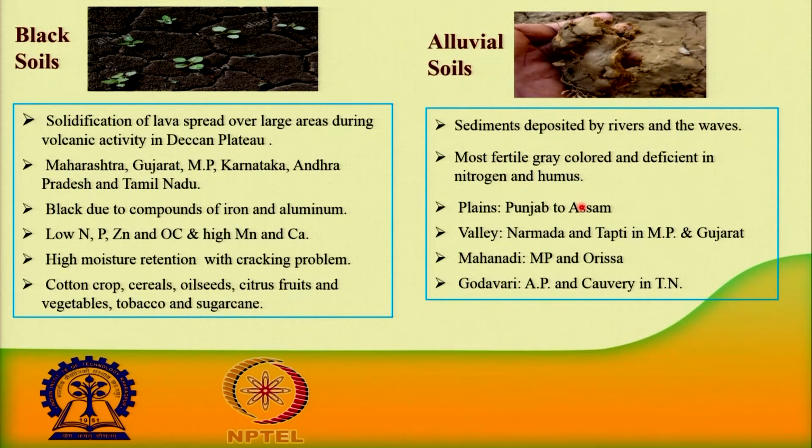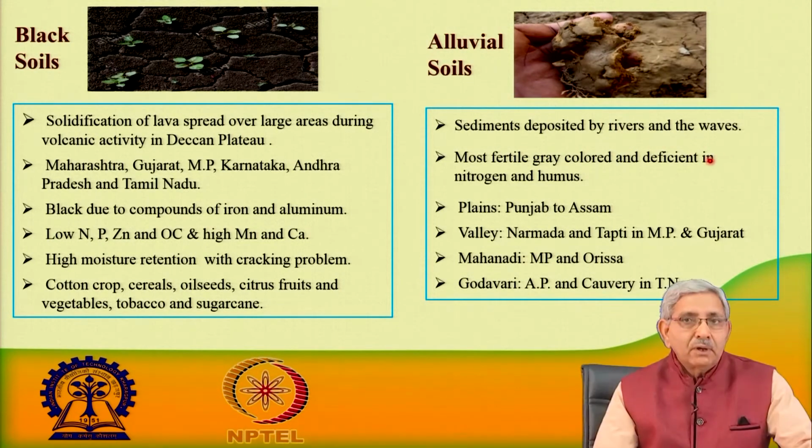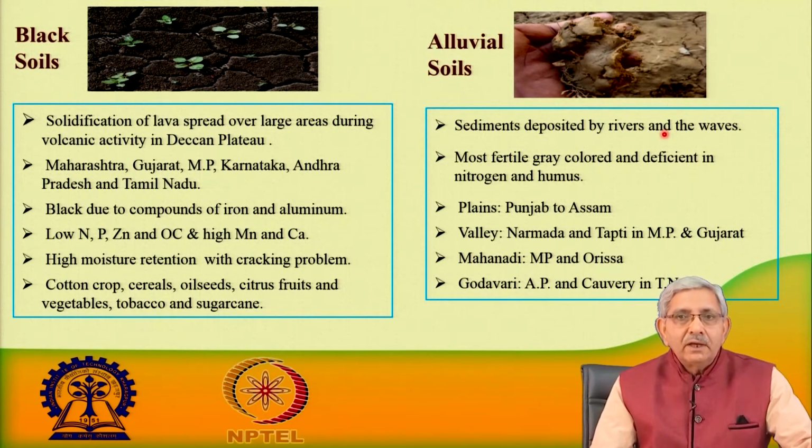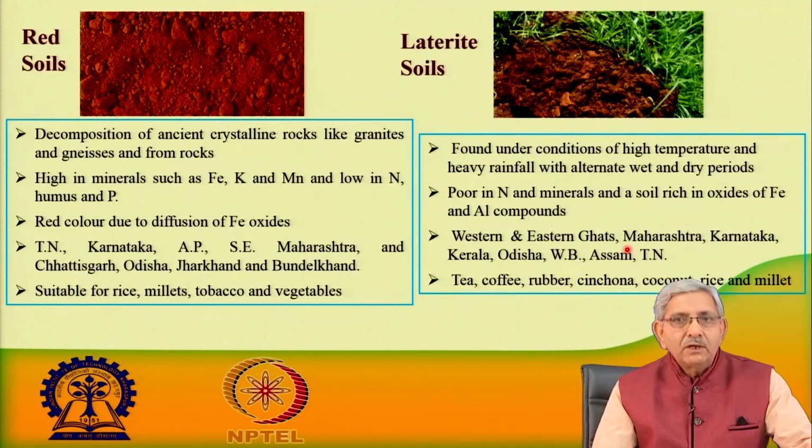Alluvial soil is another group, which is formed due to deposition of rock material by the overland flow from the river areas, and then it gets deposited. These regions are available from Punjab, meaning all the northern part of the country where several rivers are flowing, which are dominated by alluvial soil regions, and the majority of the cereal crops as well as vegetable crops are being grown in alluvial soil regions.